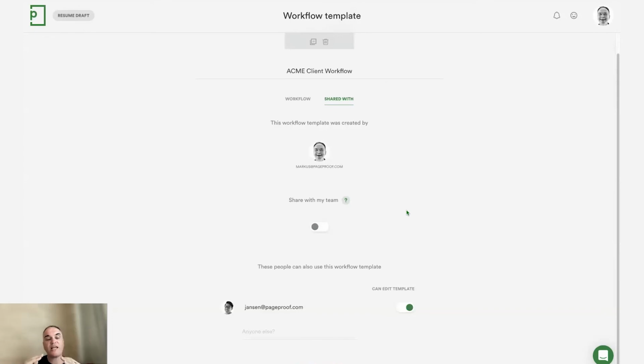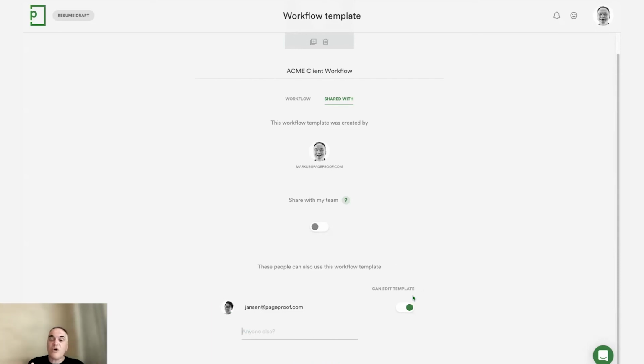If you want to share the templates with certain people, and this happens inside of agencies, particularly where you might have one team looking after one car brand and another team looking after a different car brand, what you can do, as an example, is just nominate the people who can see this workflow down the bottom here. So you can just add in email addresses of the account managers, for example, who are allowed to see this template. And in other templates, you can nominate different people. So this is what you can use for more granular control of who can see and use the templates.